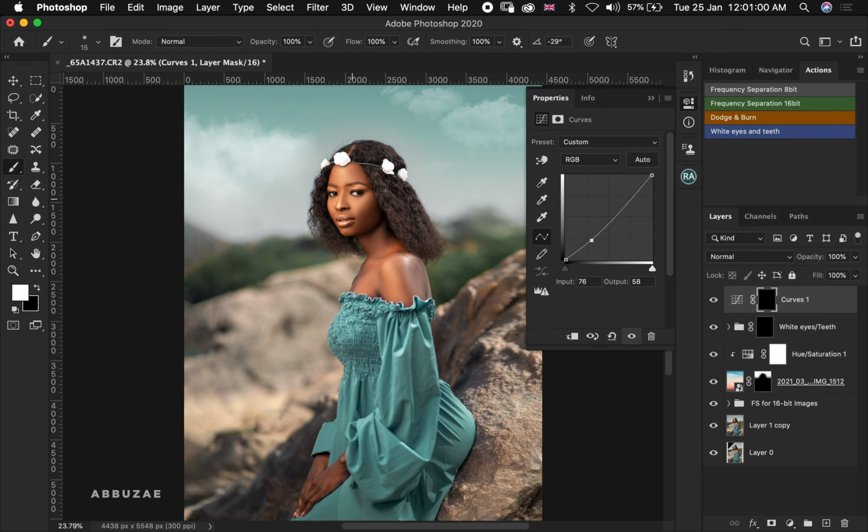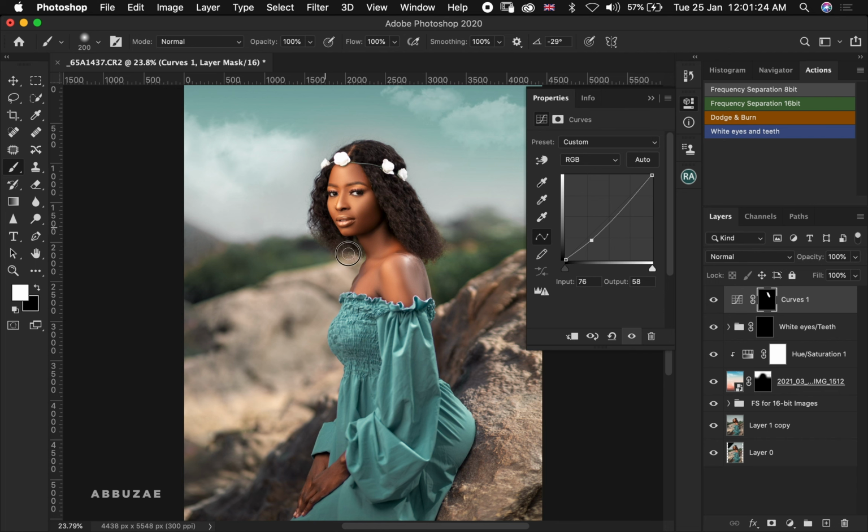We make sure our foreground is white, and then we brush over her hair and make it darker and better. As you can see, it's actually a little bit of darkness we are adding to